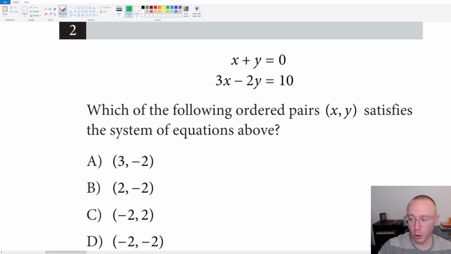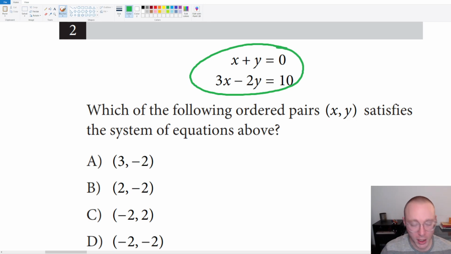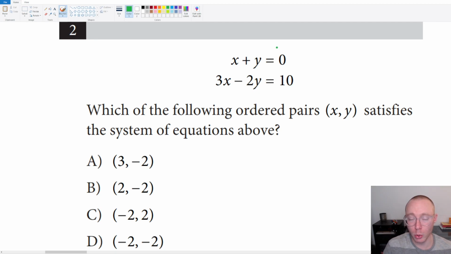All right, so here's question number 2. It says, which of the following ordered pairs x, y satisfies this system of equations above? And right up here you have a system of equations, which we would typically solve by using elimination or substitution. Now, the method that you choose can end up taking a longer or shorter amount of time, so we're going to talk about that. We're also going to talk about a very important SAT prep strategy, which is to look